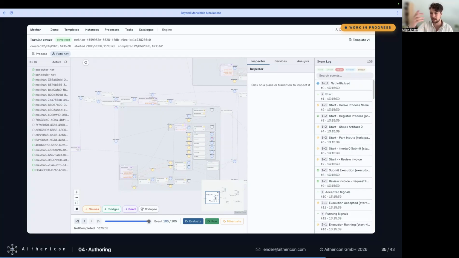And here you can see the debugging view. It's all, like I said, at a very early state. But you can already see here at the bottom, we can move through the different events. You see the event log here, and each event represents a different state in our network that then represents the overall state of our workflow in some sense.